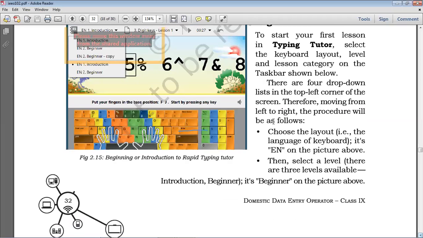Okay. Then there are four drop down lists in the top left corner of the screen. Moving from left to right, the procedure will be as follows. So there are four drop down lists in the top left corner of the screen.